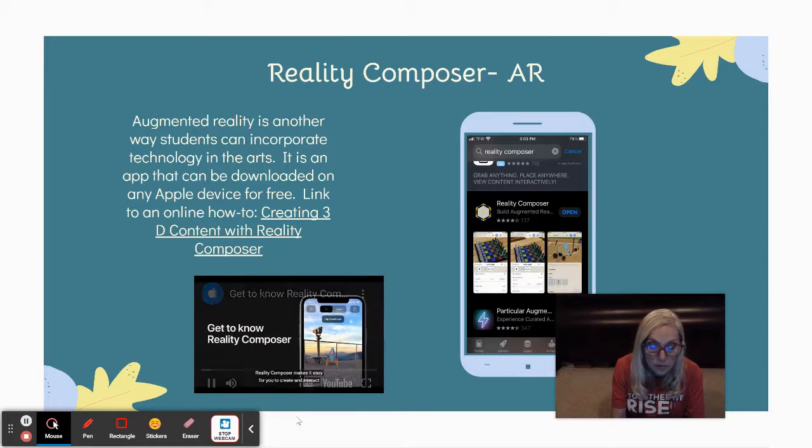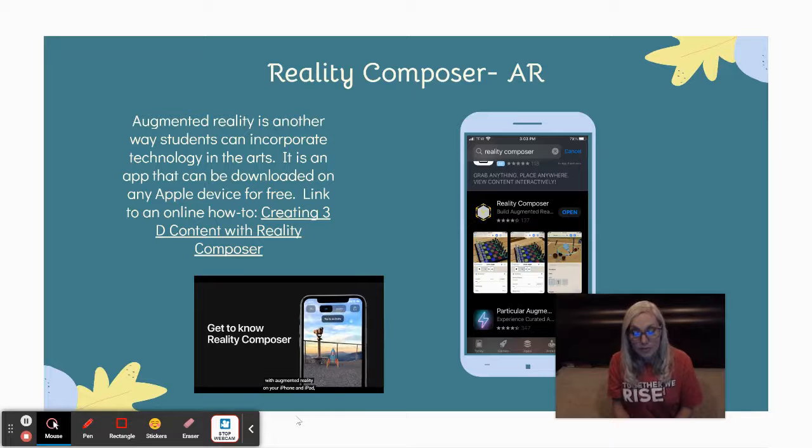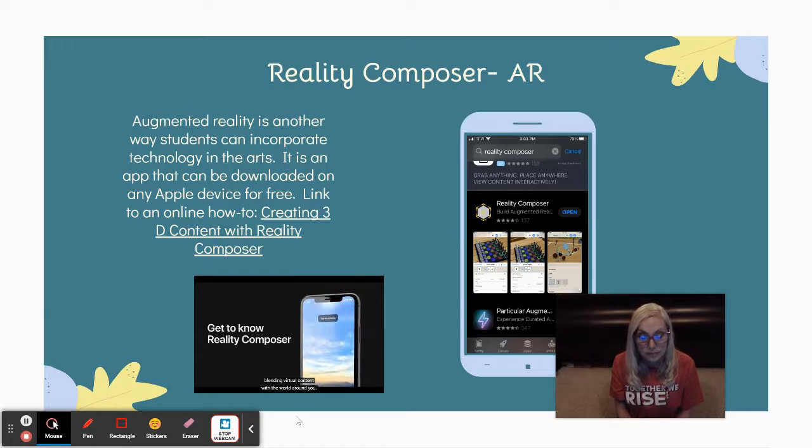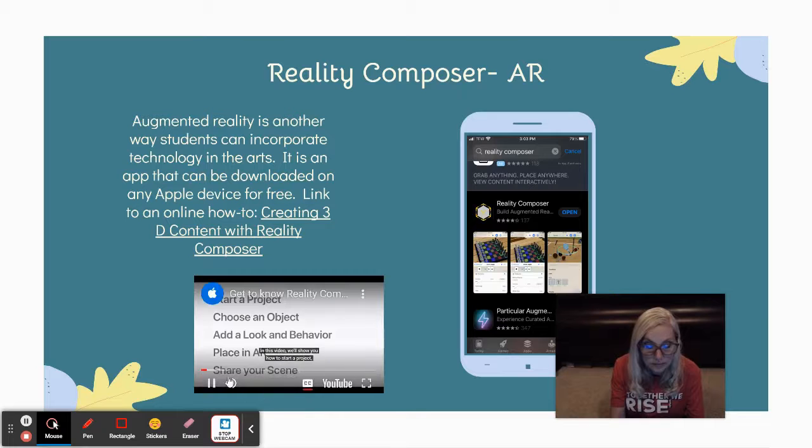Reality Composer makes it easy for you to create and interact with augmented reality on your iPhone and iPad, blending virtual content with the world around you. In this video, we'll show you how to start a project. Choose. Okay, so it